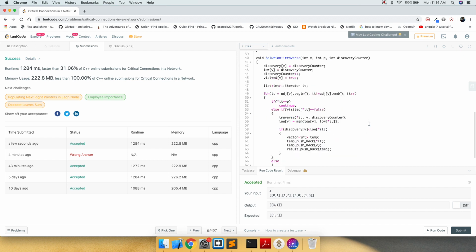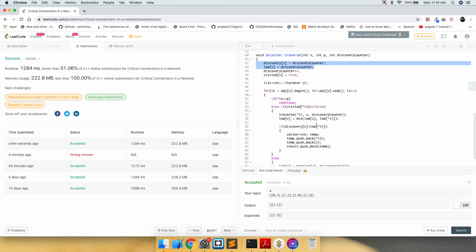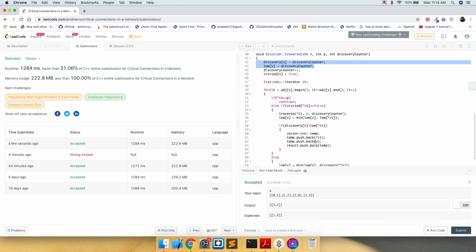But I hope you understand the logic of it. It is nothing but DFS, a modified version of DFS, and we are just maintaining two arrays. One is discovery and the other one is low. Discovery signifies the time it takes for a vertex to be reached from its parent, but low is basically giving us an alternative path to be reached if we do not take the path of the parent, and we update low every time we have a neighbor or a child. And if the time taken for a vertex to be reached is less than the lowest time it takes for its child to be reached, then that is a critical connection. I hope I made myself clear.